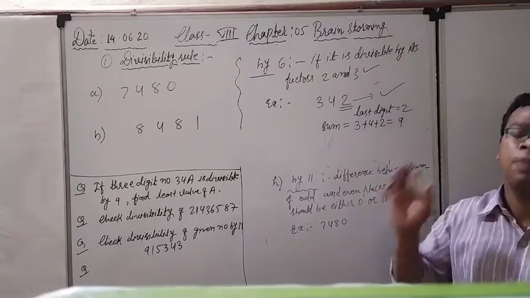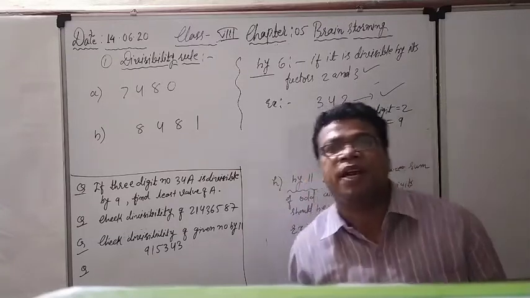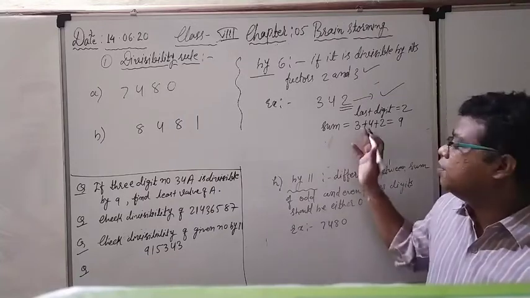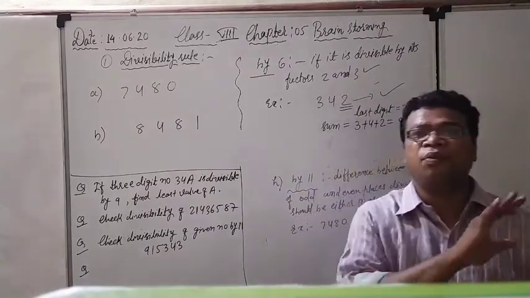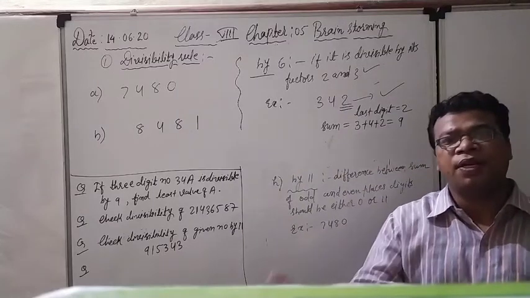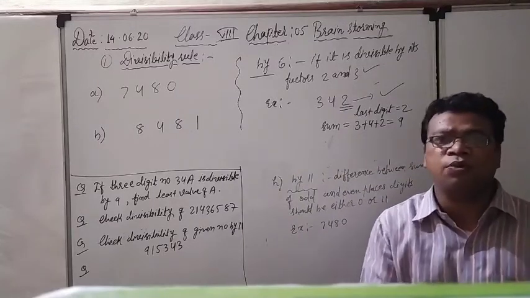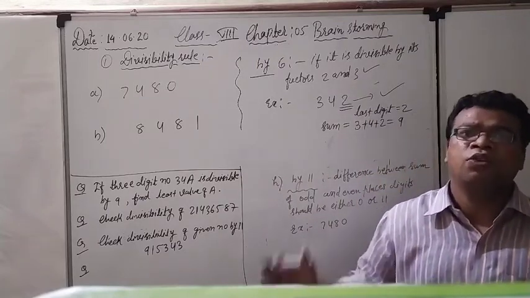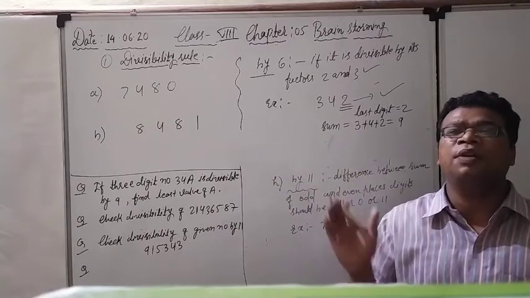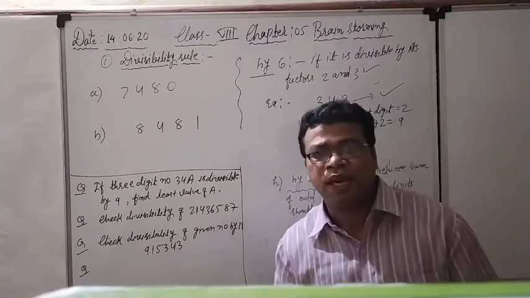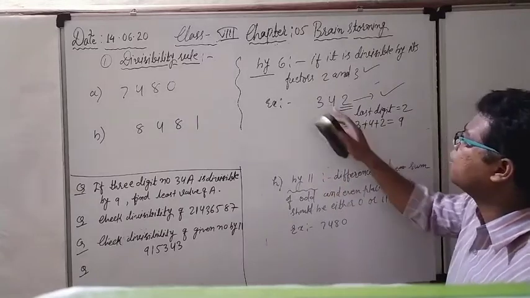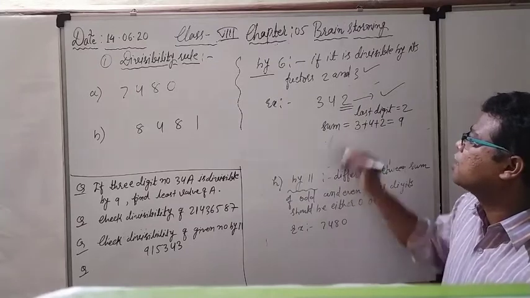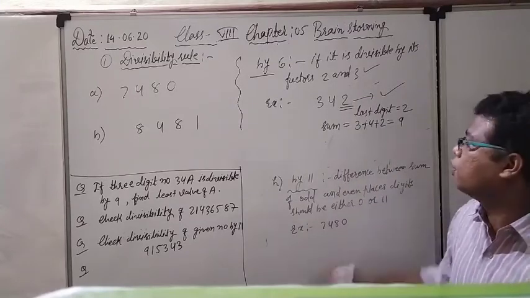So nothing more we have to do. We already know the divisibility criteria by 2: only see whether the last digit is even or not. The divisibility criteria by 3: we only have to go for the sum of all the digits. If it comes in the table of 3, the number is also divisible by 3. And if the number is divisible by 2 and also by 3, then that number will definitely be divisible by 6. So we can check this. This number is divisible by 6, because I have checked for 2 and also for 3.